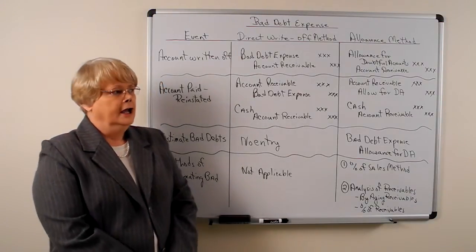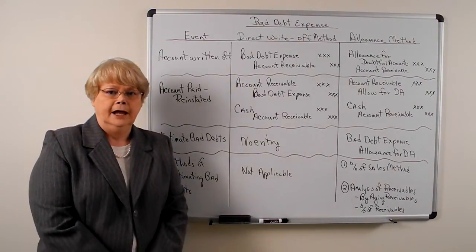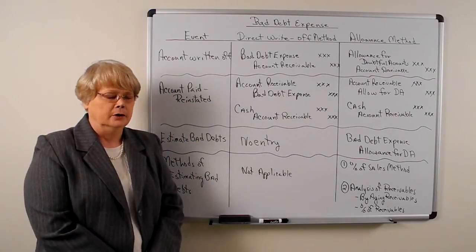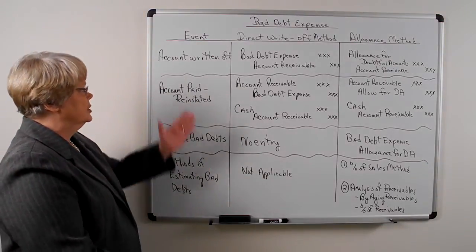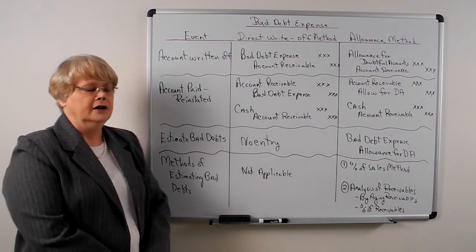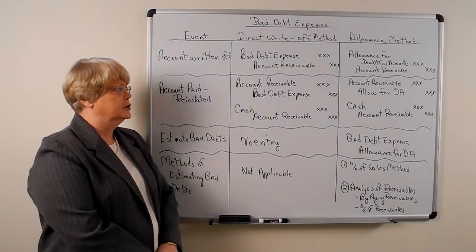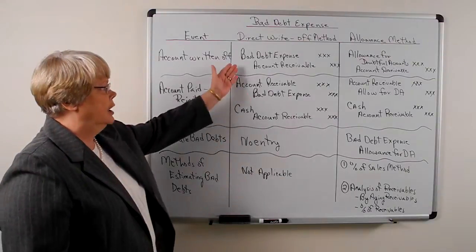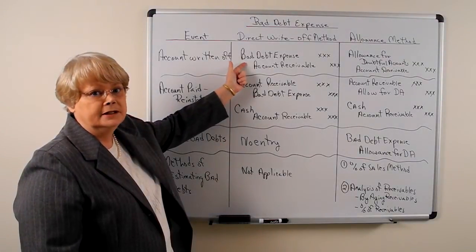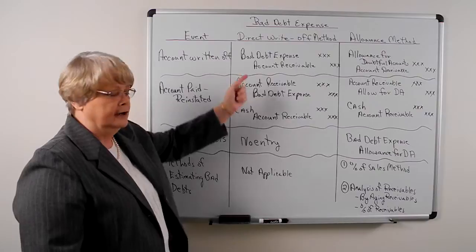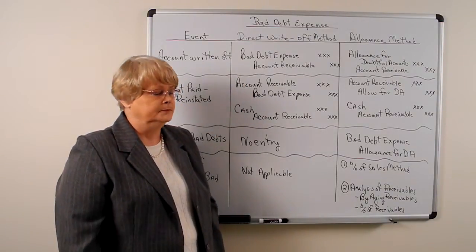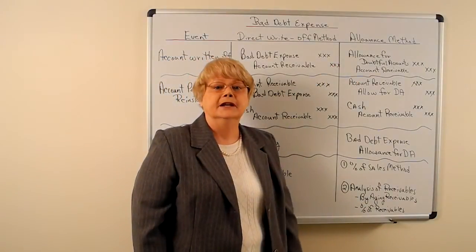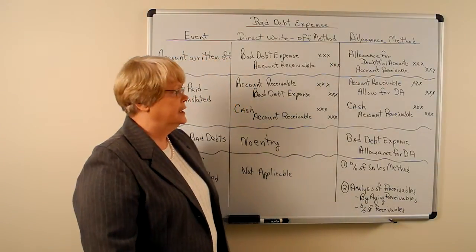Okay? What I have here are some journal entries that we would have in certain instances, and we will go over these. The first thing I have is, when the account is written off, what do we actually charge? Under the direct write-off method, we're going to be debiting bad debt expense and, of course, crediting accounts receivable. Under the allowance method, however, we would be debiting the allowance account, the allowance for doubtful accounts,